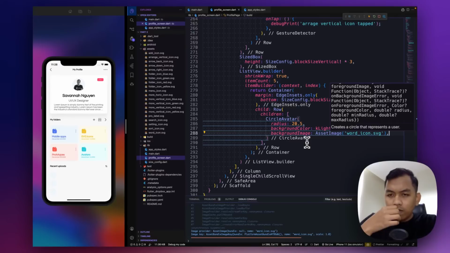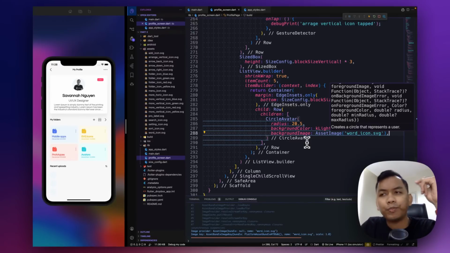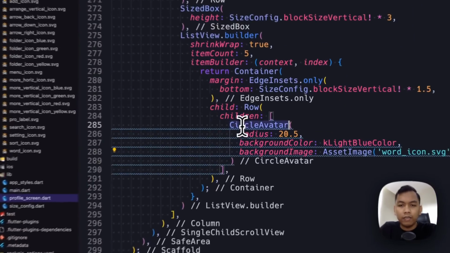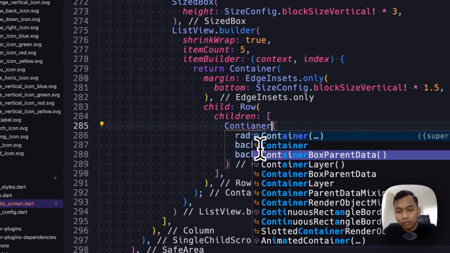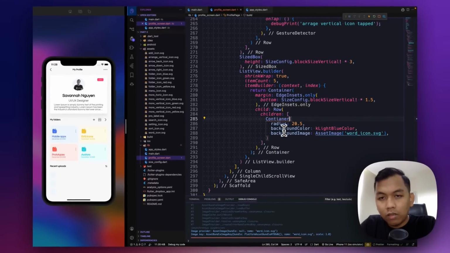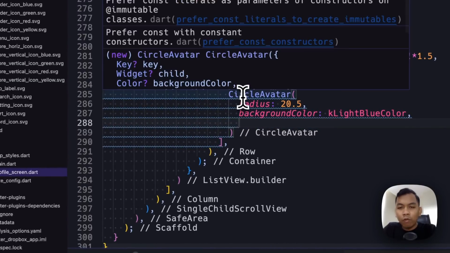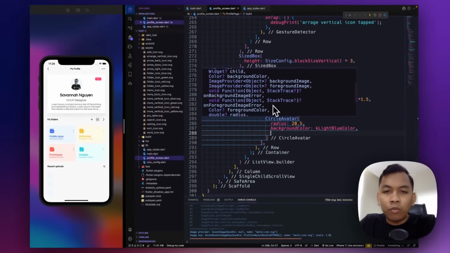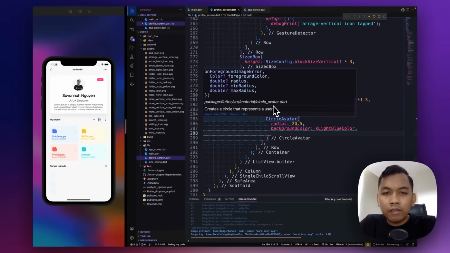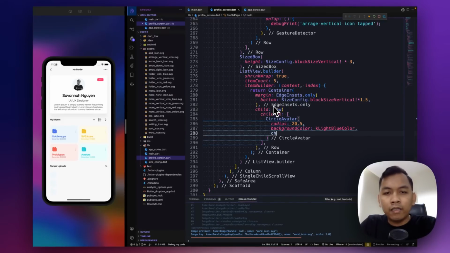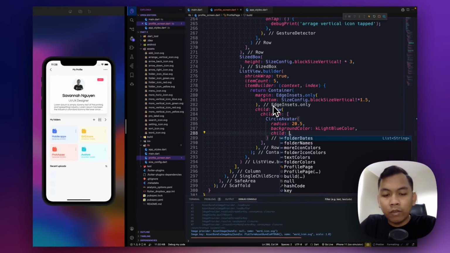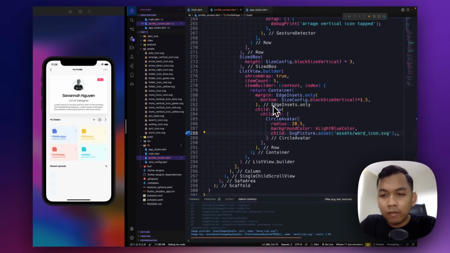Alright, so what we can do? How about using a container? Or what we say? No. Let's see what we have here. Okay, how about using child? And we say SVG picture dot asset, look like this.